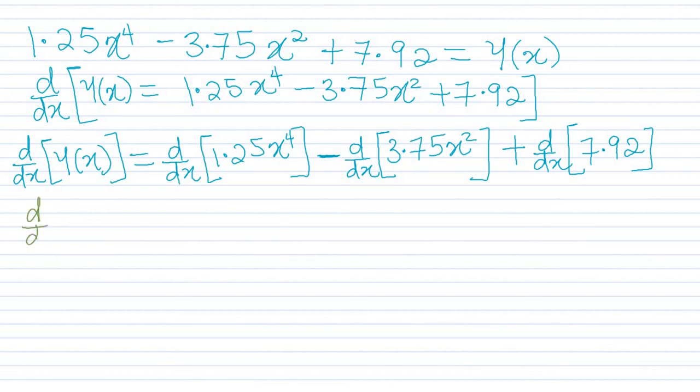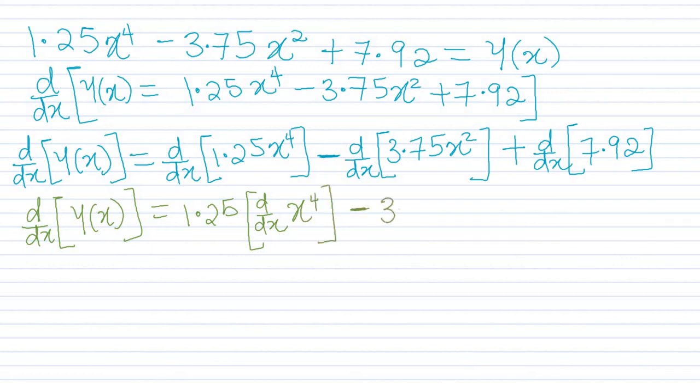So we have d/dx of y(x), which was d/dx of... the next thing we have to do is bring out the constant. So we have 1.25 multiplied by d/dx of x to the 4th minus 3.75 d/dx of x squared, okay,